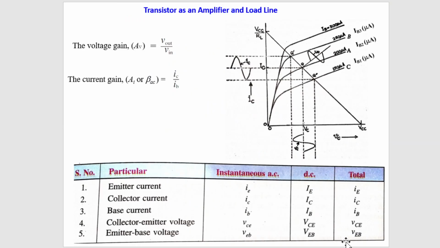So this value, that is the collector emitter voltage drop due to purely instantaneous signal, due to purely AC signal, is 10 volt. So total signal, as I discussed here, small v capital CE will be equal to this signal plus this signal. So small v capital CE is equal to capital V capital CE plus small v small ce, that is 10 volt. So this is basically 10 volt AC and this is basically 10 volt DC. So 10 volt AC plus 10 volt DC. So this is small v capital CE.